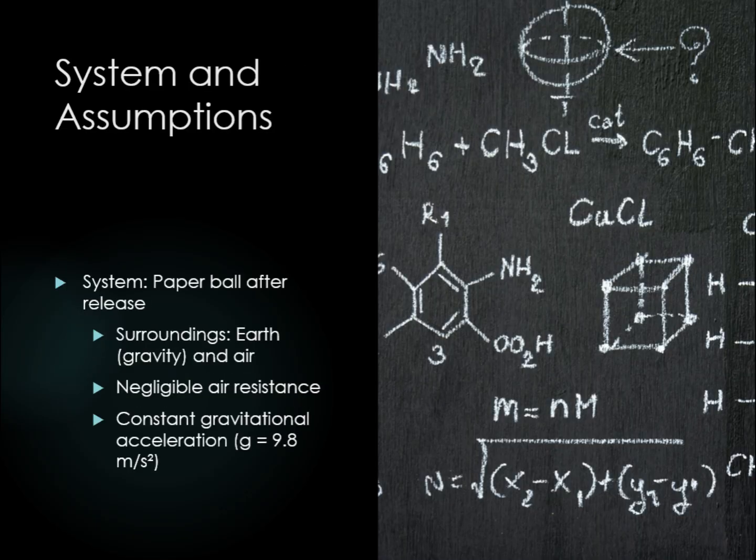The system is the paper ball after it leaves my hand. The surroundings include the Earth, which exerts gravity, and the air. For the main model, I assume negligible air resistance, constant gravitational acceleration, g equals 9.8 meters per second squared downward, and no horizontal forces. Using Newton's second law, F equals ma,